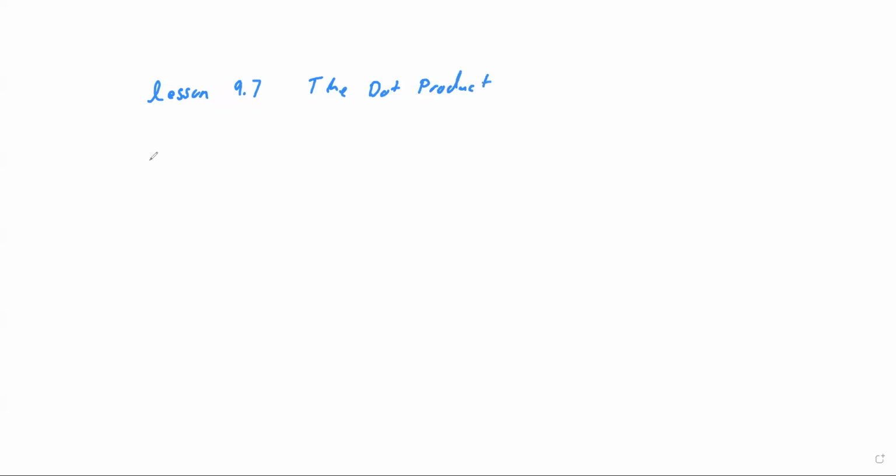All right, so a couple things to pull out of this lesson. The dot product is basically meaning if you take two vectors and multiply them together. So given that u is equal to vector u1 and u2, and v is equal to vector v1, v2. All right, so that means then to do the dot product of u times v, what you're going to do